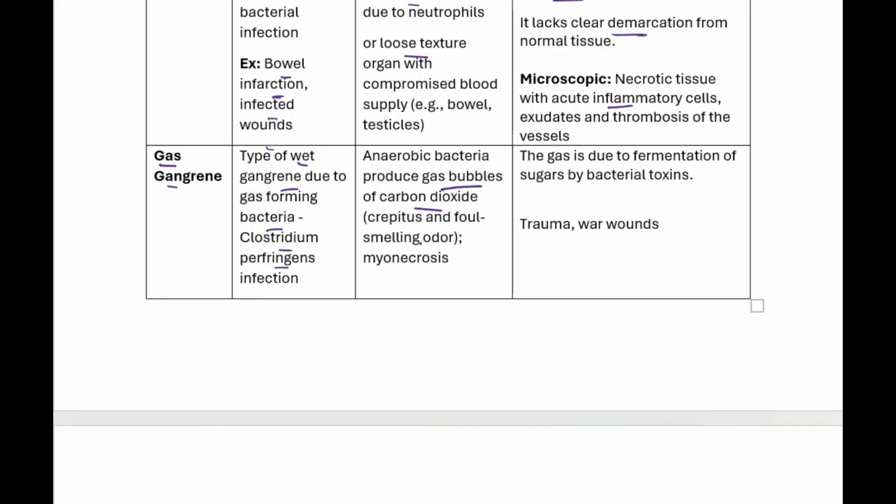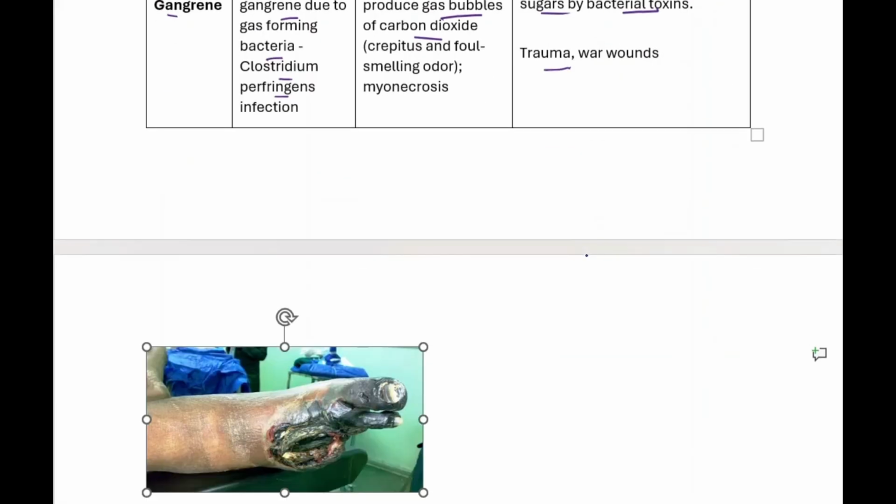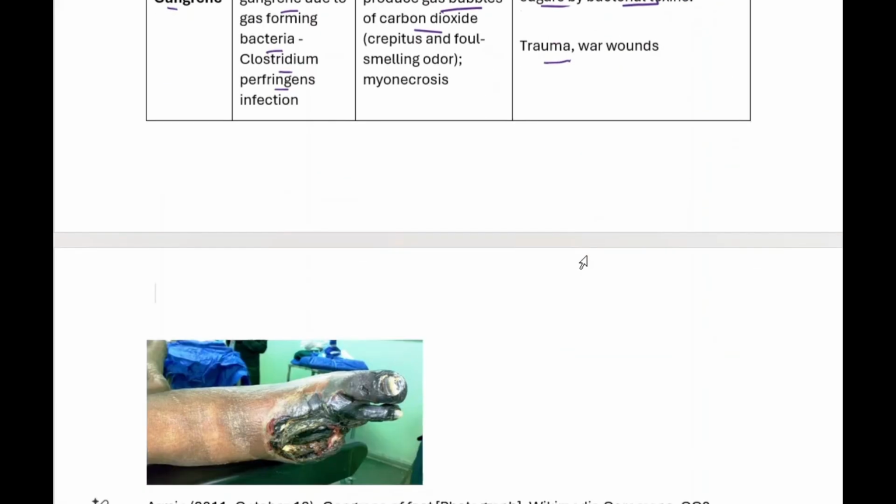And then when you examine those tissues, you're going to feel what? Crepitus. So those crepitus are due to gas in those tissue. And they will also have foul-smelling odor and a mild necrosis, so the damaging, the death of those tissue. So what's forming this gas? This gas is due to fermentation of sugars by the bacteria toxin. So the fermentation of sugars by the bacteria toxin produces those gas, right? And this could be due to trauma, or if somebody has trauma to those wounds, that could lead to gas